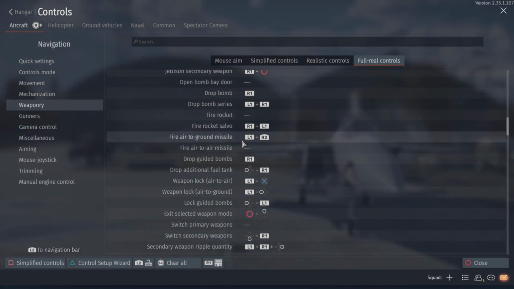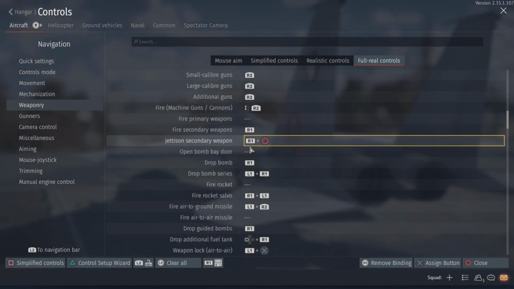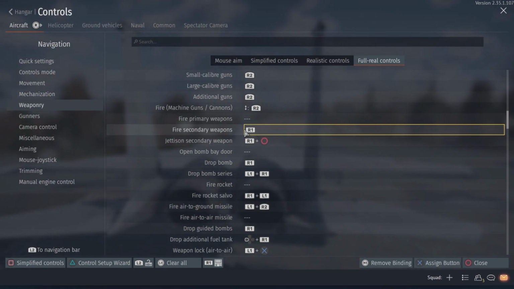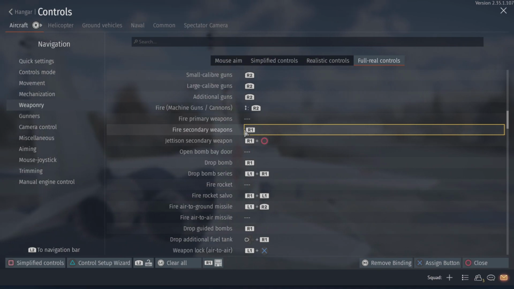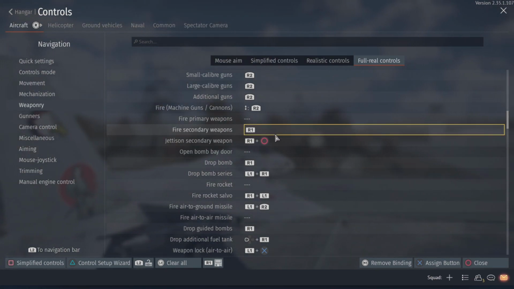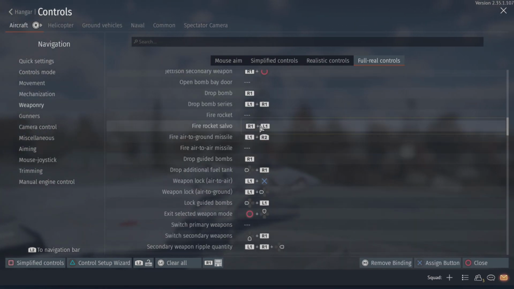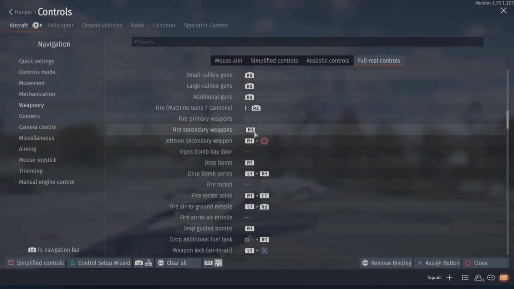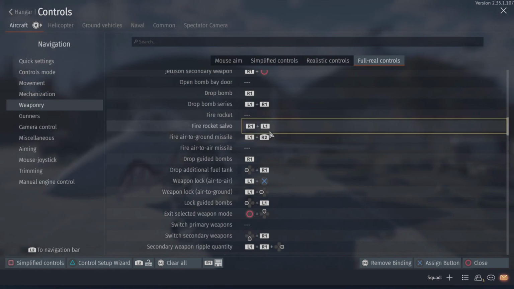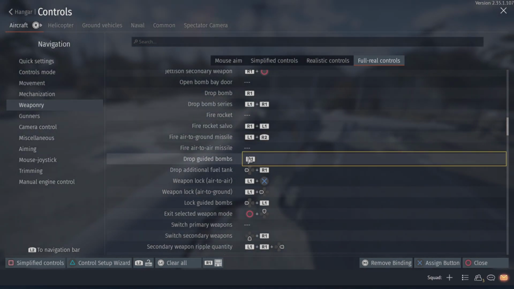Fire rocket salvo, fire air to air, all of this stuff is important and you require it. But as I said, fire secondary weapon will engage all of these. So all I have for my personal use is fire secondary weapon. That's all I use. So whether I'm dropping a bomb, firing a rocket, etc., it all works off of my right trigger, including the rockets, my air to airs, my air to ground. Everything can be fired with the right trigger, also with the right bumper, because I have set